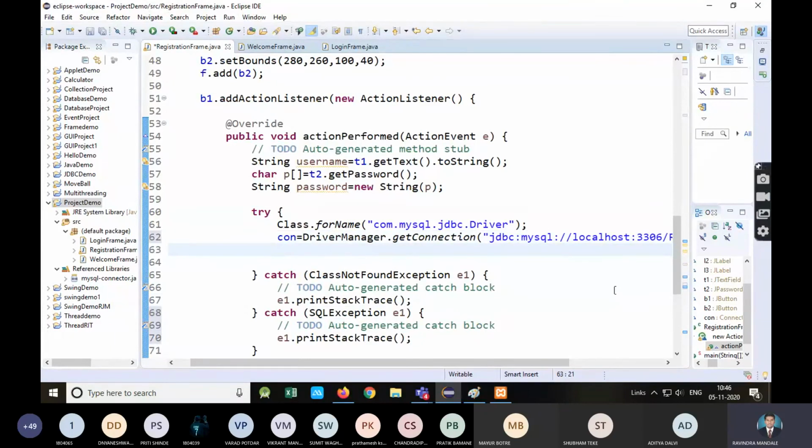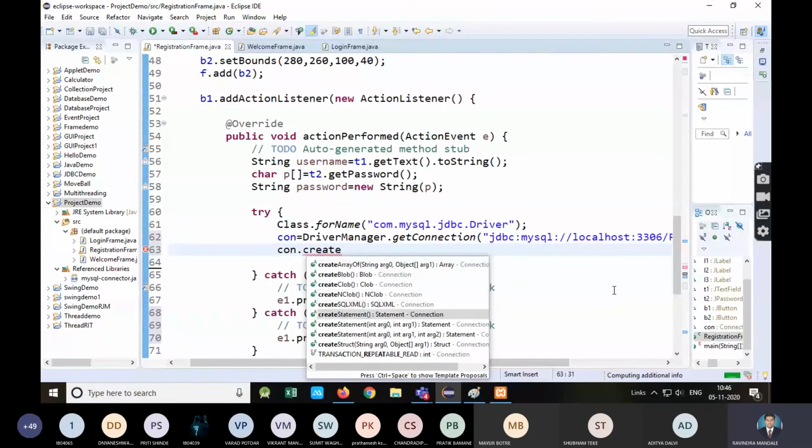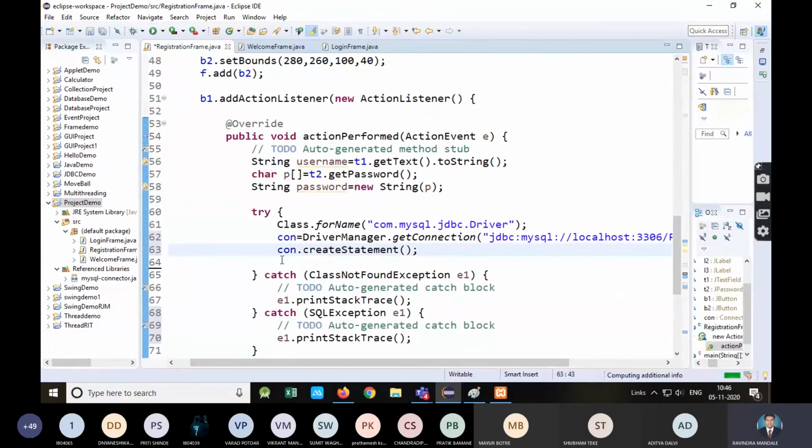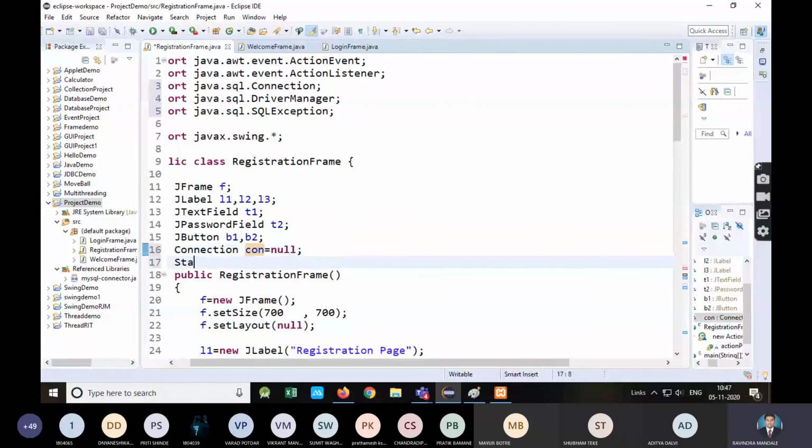Now what is the next thing? Create the statement. So connection.createStatement(). This will give the statement object. So declare a statement object.